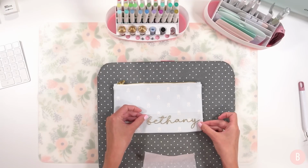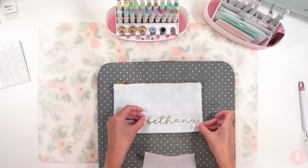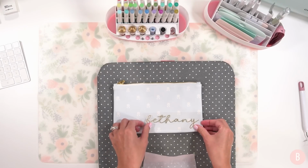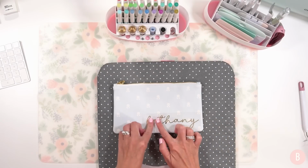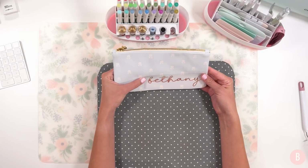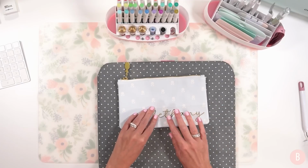I thought it'd be nice putting it in this little corner at the bottom. I just really like how that looks visually. And making sure that that's nice and straight. Let me bring it down just a little bit. And I'm just going to hold it up to myself so I can just see. I think that looks good. Okay, so